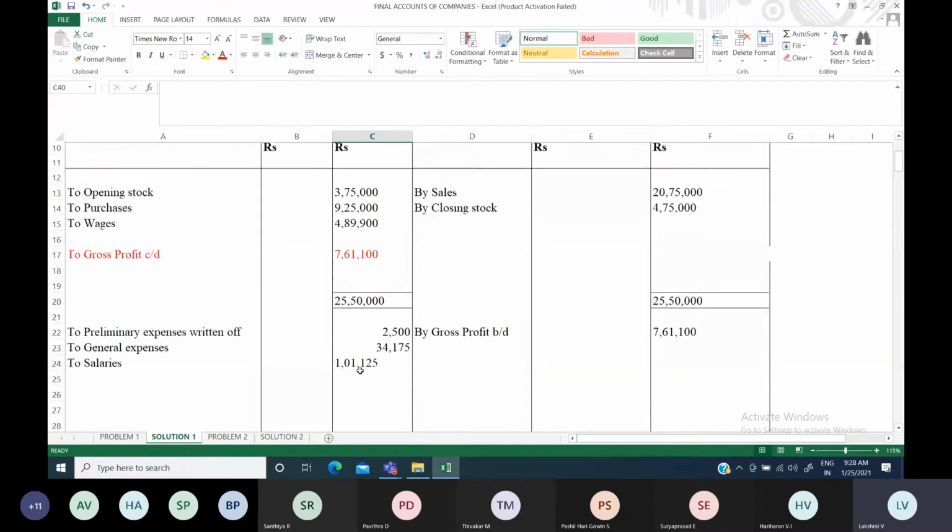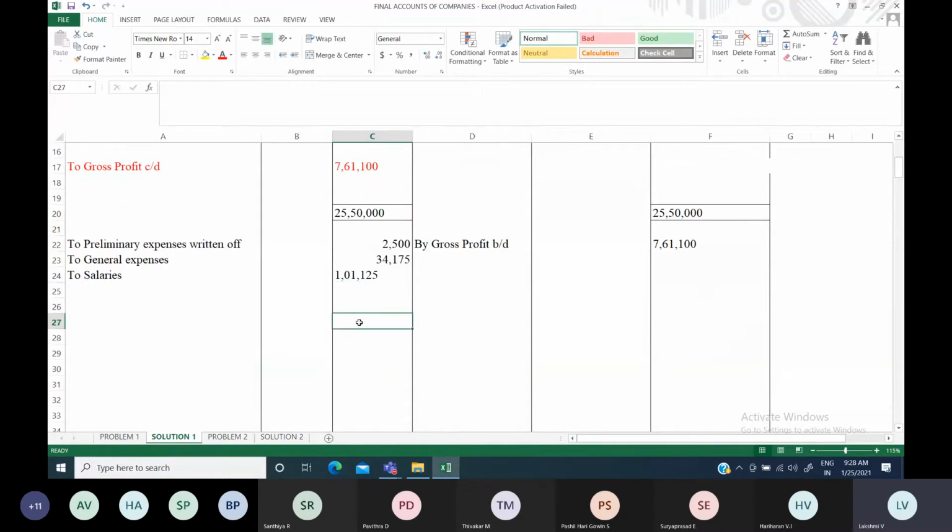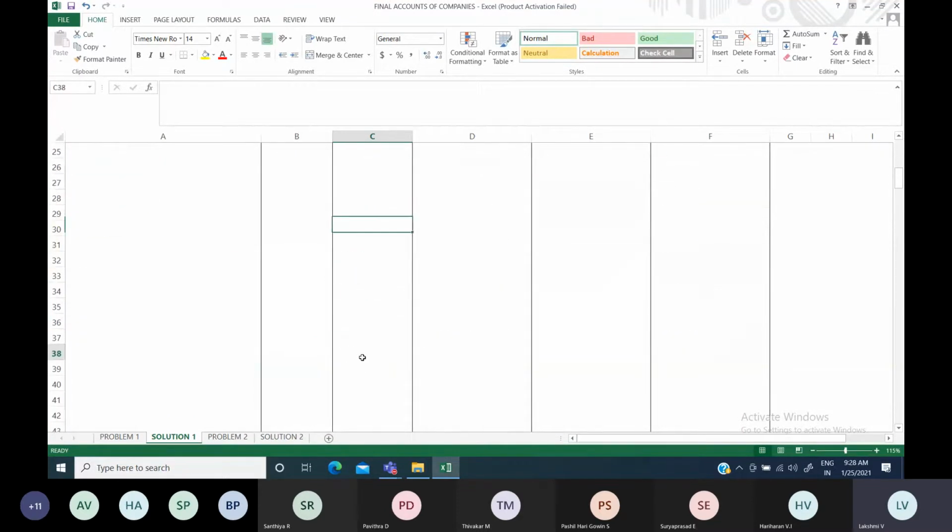Let me leave out some space because the profit and loss account has to be completed, and the P&L appropriation account I have to open here, and then only I can prepare the balance sheet. Okay, let me leave out some space. You also leave out some space for this. Or else you work it out in the rough column and then come back to the fair copy. Later on you can prepare the balance sheet as per your wish.